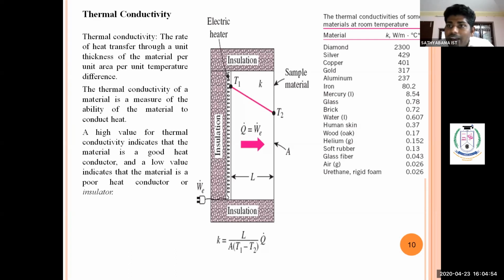Okay, so these values are given: the length, the initial temperature, the final temperature, and the area. We need to find the heat flow rate through the wall. So we can use Fourier's law of heat conduction, that is, heat flow rate equals thermal conductivity times area times (T1 minus T2) divided by length.